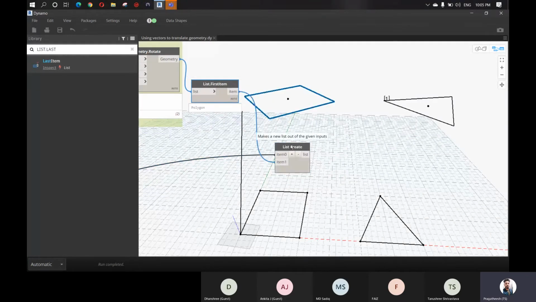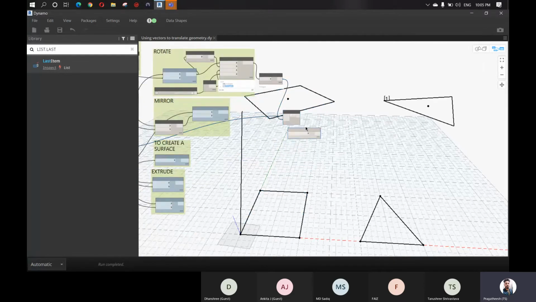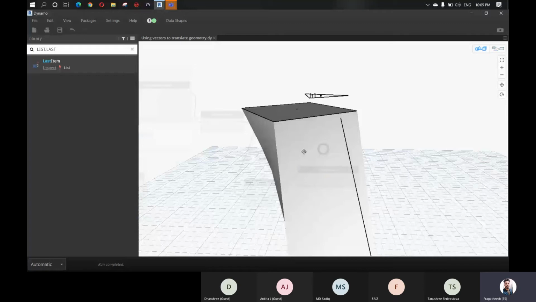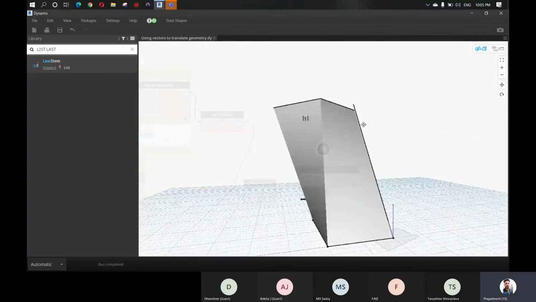So connect this to this. Now we can input this to the solid by loft. As you can see, when I connect this list to here, it just created a solid by loft using the bottom geometry and the top geometry, and the result is a twisted solid, right?